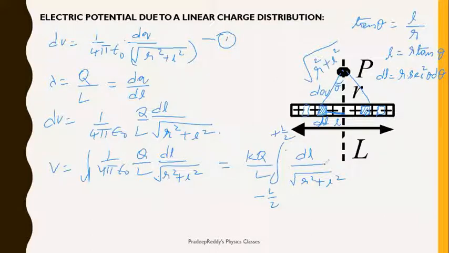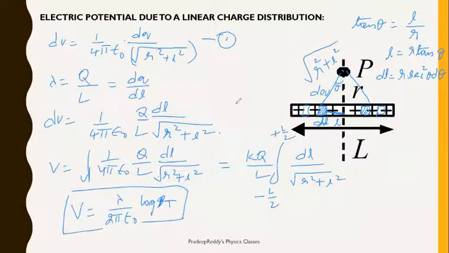Finally substitute the limits, so that you will get the same value of electric potential V, as lambda divided by 2 pi epsilon naught into log r, log small r. You get the same value here also, but this is a little bit lengthy process. Whereas if you remember the electric field, finding electric potential is very simple. You have a relation between electric field and electric potential. Directly you can use the field value in that equation and find the electric potential. The first method is very simple and directly gives the answer. The second method is a little bit lengthy, but here also you will get the same answer.